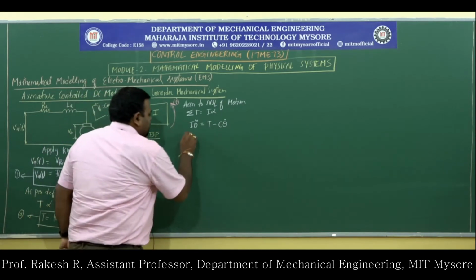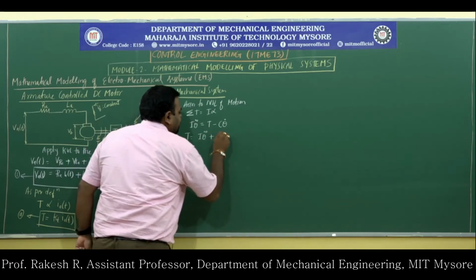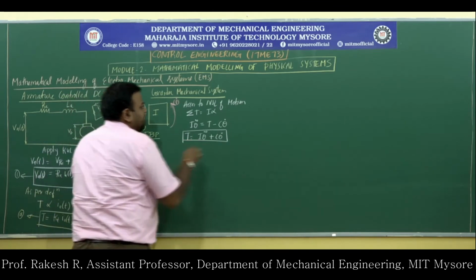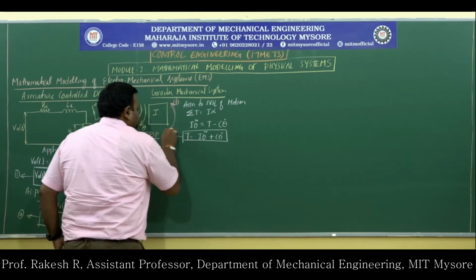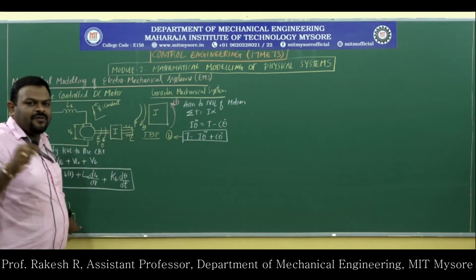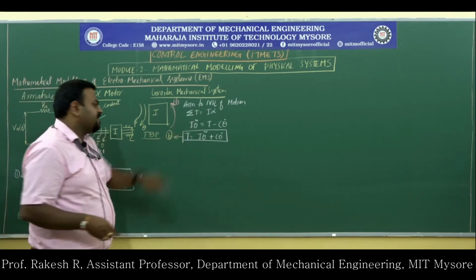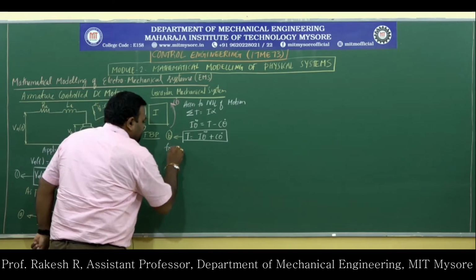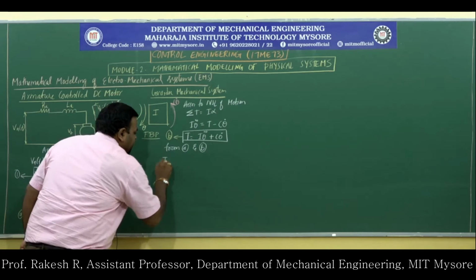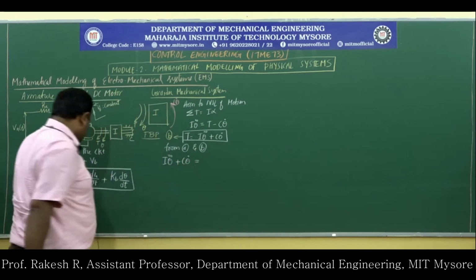I will rearrange this. Torque will be equal to I theta double dot plus C theta dot. So this is the second equation, I will call it equation B for the torque. What I will do is equate the definition of the armature controlled DC motor as well as the torque in the physical system. So from A and B, I will get I theta double dot plus C theta dot will be equal to